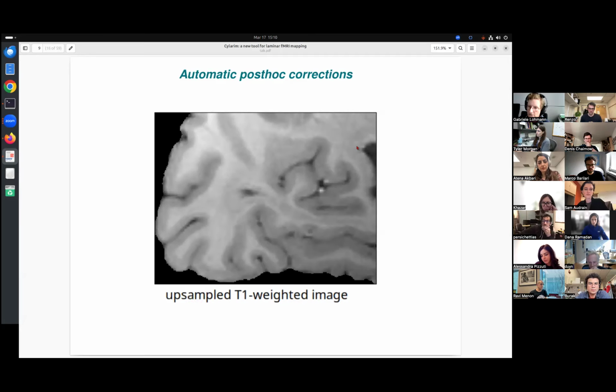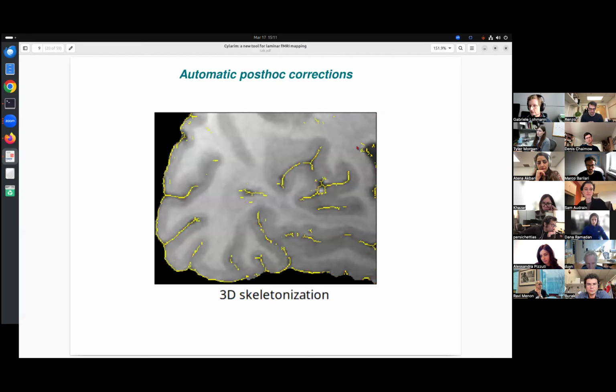So let me go back. This was the original image. This is the closed image. And then we subtract, and as you can see, this difference image shows these small parts, the CSF-filled parts in the interior of the gyri. And then we do a thresholding, and we do what is called 3D skeletonization. And now we have the middle of the gyri, and we can use that to actually update the